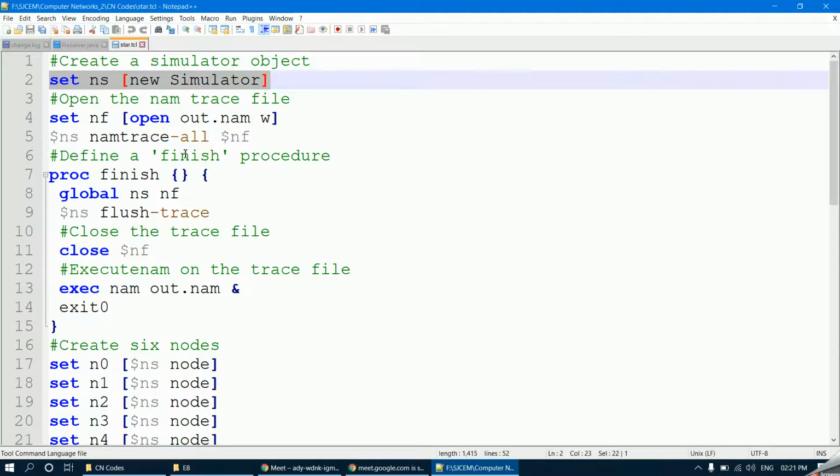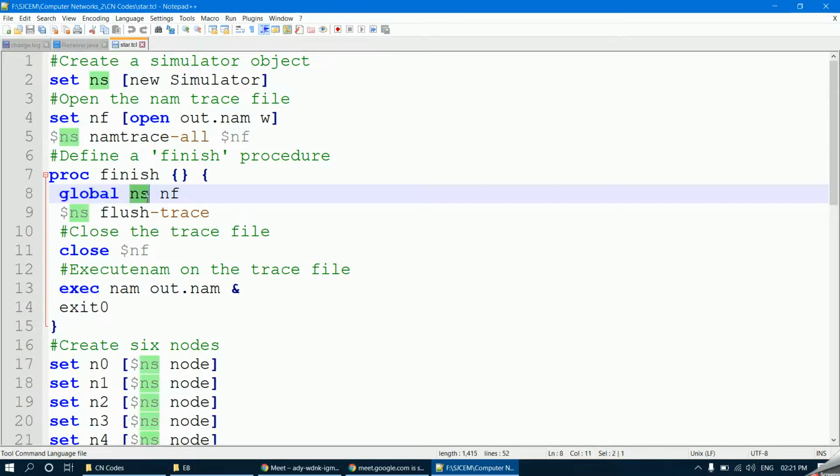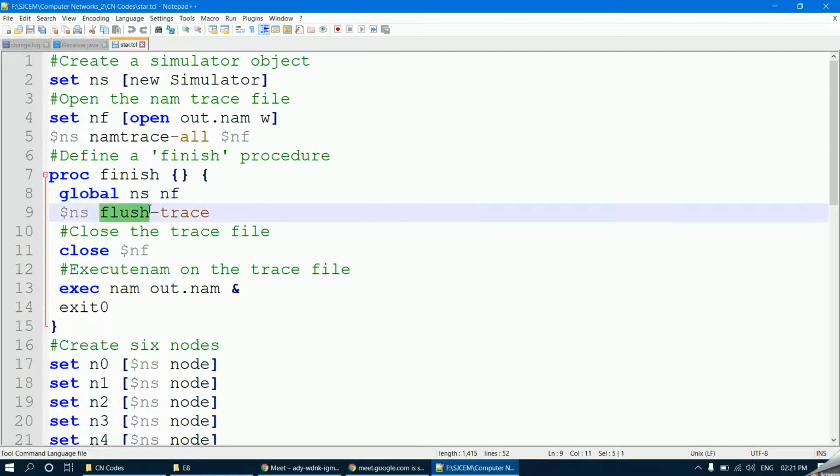Then you have to define a specific procedure. We are using the global keyword, where the network simulator and the new file are given the command to be global. Every time we run the code, we need not follow the same path.